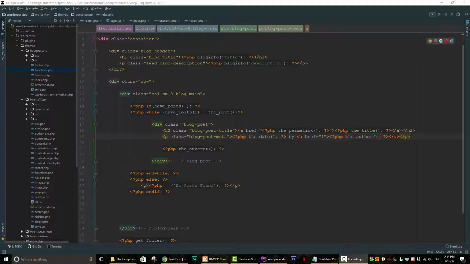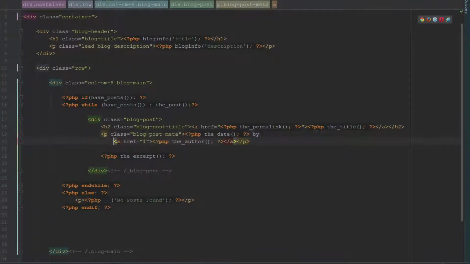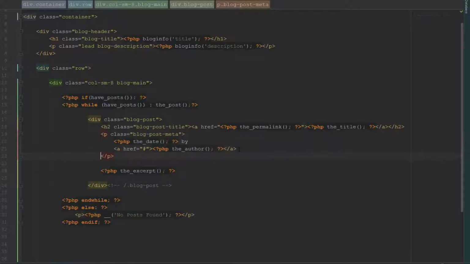So let's just clean this up a little bit. Let's put this on a new line, and we're going to put this on a new line just so it looks a little bit neater. Put this on a new line, and then all we have to do is replace this pound sign with some PHP tags, okay, and then we're going to write echo